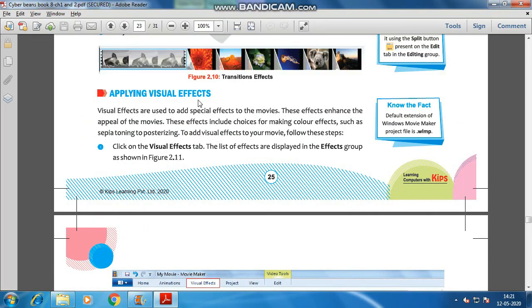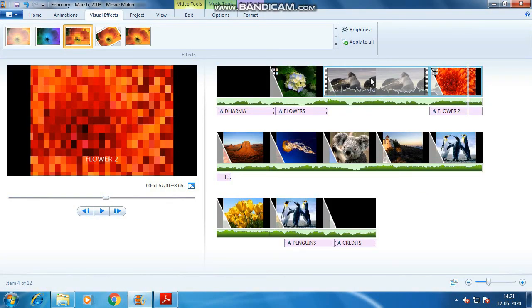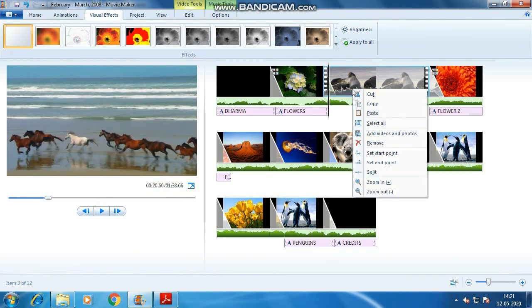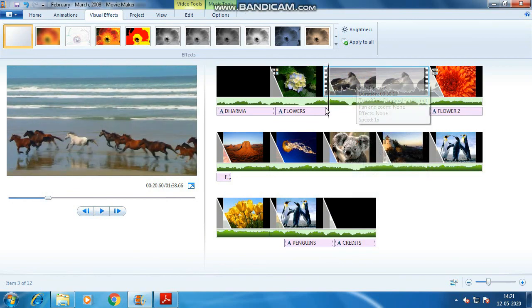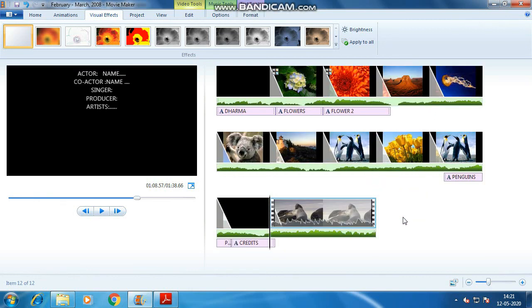Okay, next, know the fact that you can easily split your video also, you know that. So this is a continuous framing video. Suppose I am putting it here and I want to drag this frame here. Can I do it? Okay, we can't do that because we have dragged and dropped it here, but the full video has come here, not the single one. I'm undoing it, so it is again on the same position.